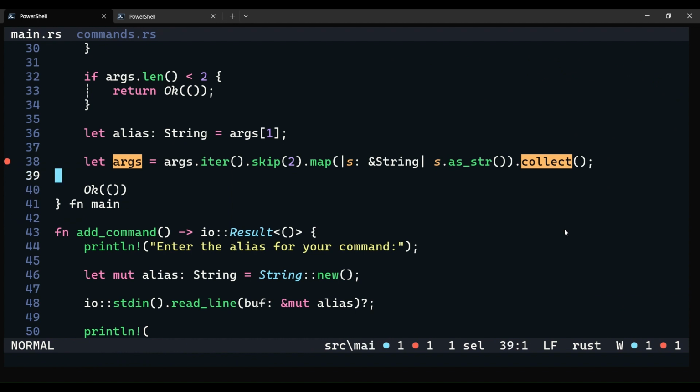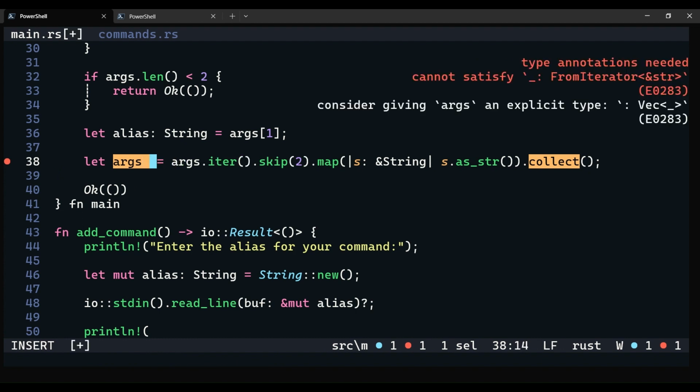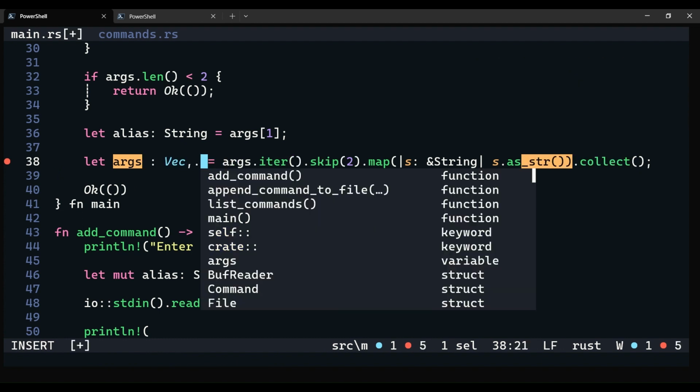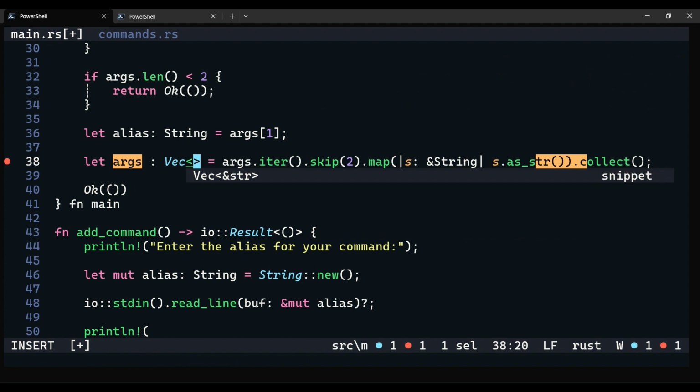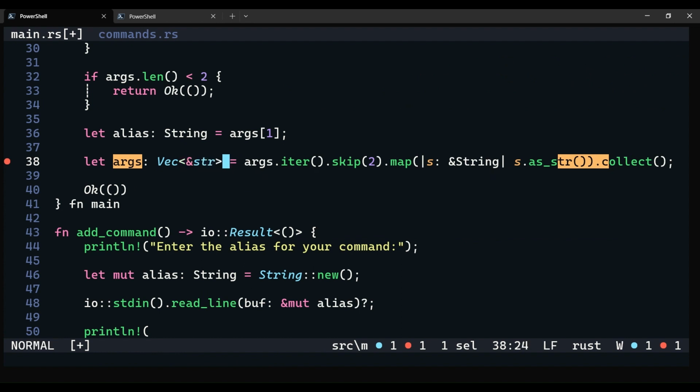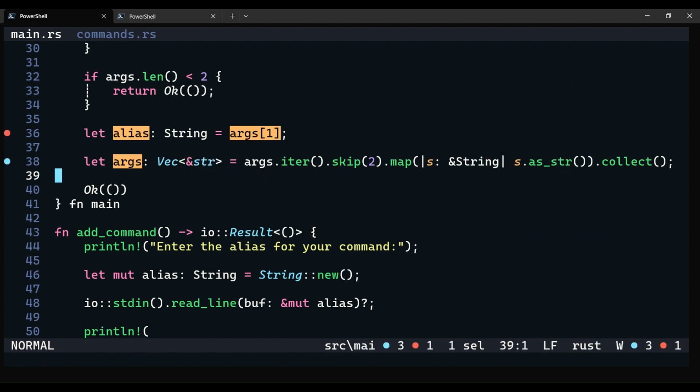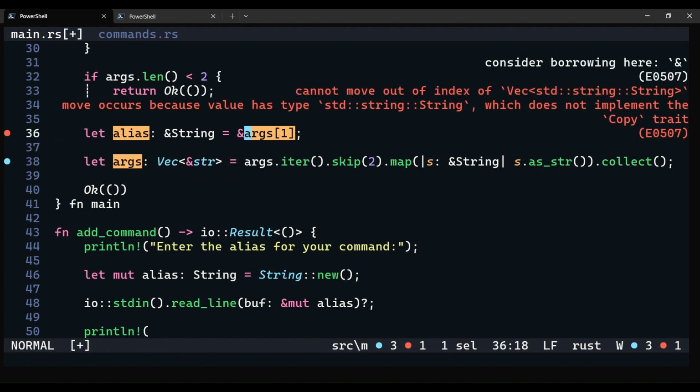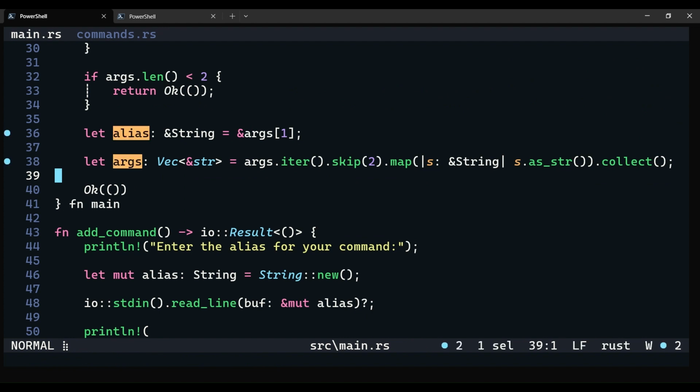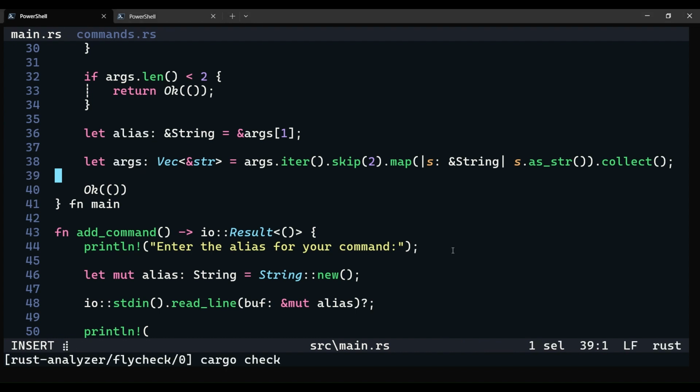And then, what's the problem in collect? Type must be known. Sure. Vector of star. Okay. Now